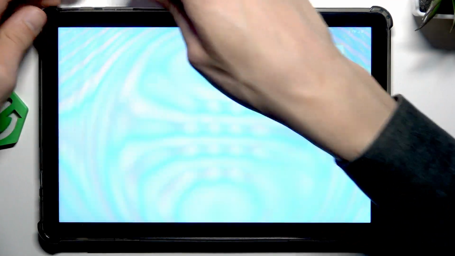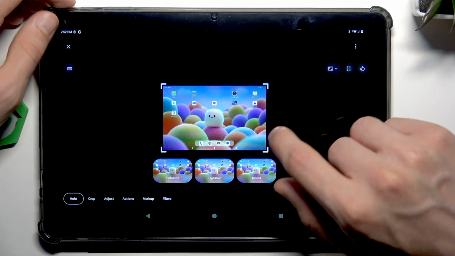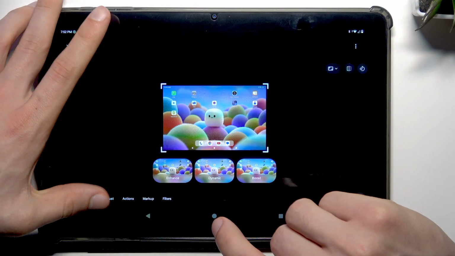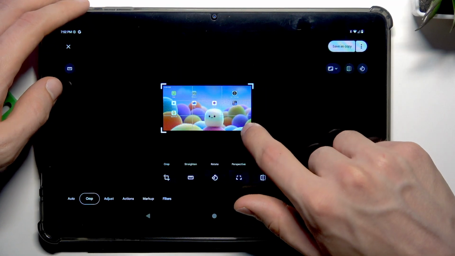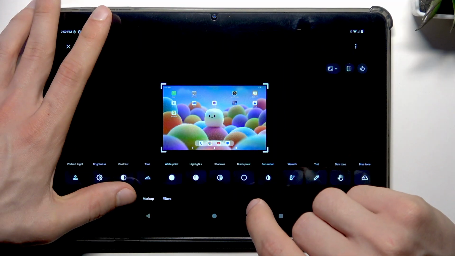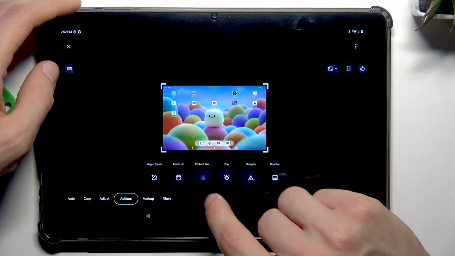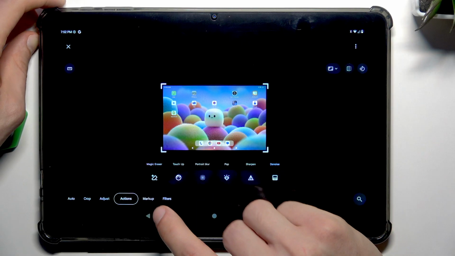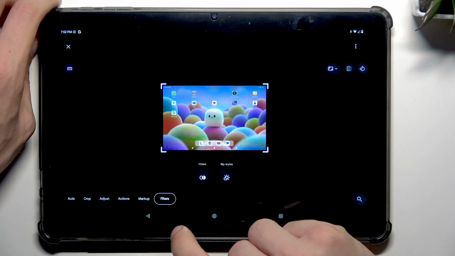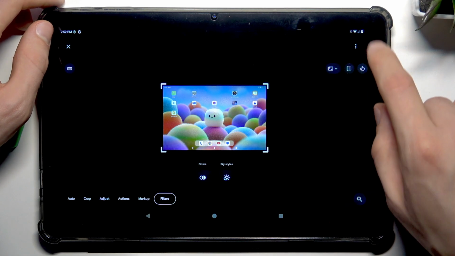Let me do this once again. Okay, so we can auto adjust the image. We can use crop features to crop some portion of the image and rotate it as well. We can go to adjust menu and adjust the picture in many different ways. We can go to actions and use the AI features. We can go to markup and filters. And once you are happy with the result, simply